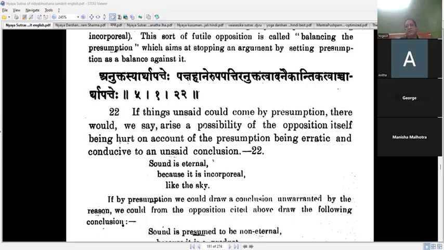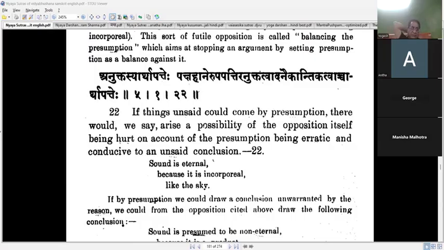Like in the case of water, he can say that the gardener sprinkled the water. So he cannot prove again that the gardener only sprinkled the water, because it might be the rain, it might be the gardener. So again, drawing an anekantik conclusion, a conclusion having multiple reasons, is not sufficient. You have to give your own reason to prove your own conclusion. Maybe you have to give the testimony of the gardener that I sprinkled the water,